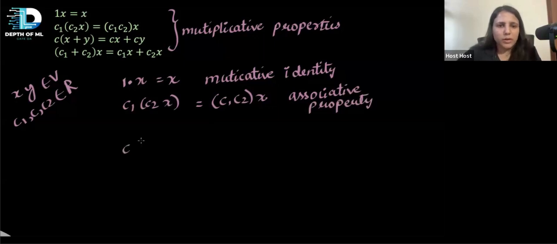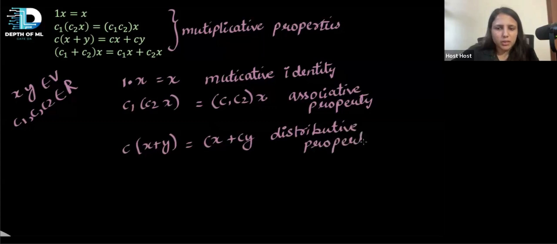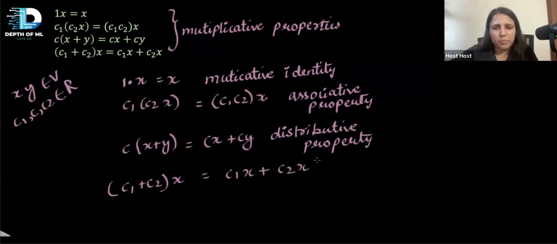Another property is that if I have a constant and I'm multiplying it to a sum of two vectors, then I can also write it as I individually multiply those vectors with a scalar and I add them. So this is a distributive property. There is another distributive property where it says that if I have some sum of two scalars and I multiply it to the vector, I can individually multiply the scalar to the vector and add them, and it should give me the same value. So this is also the distributive property